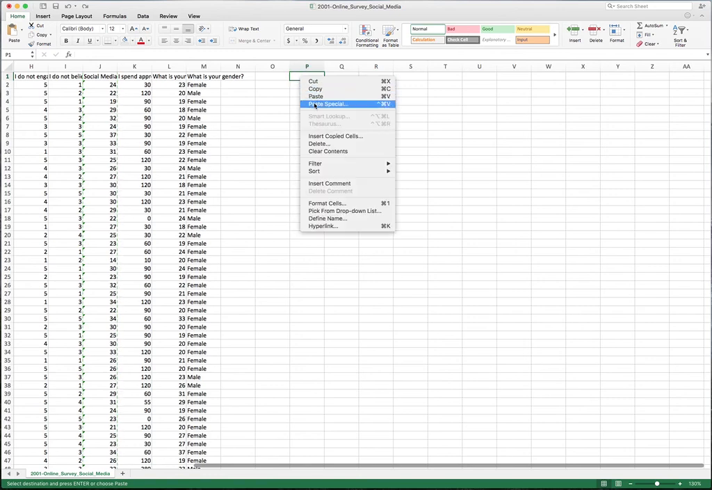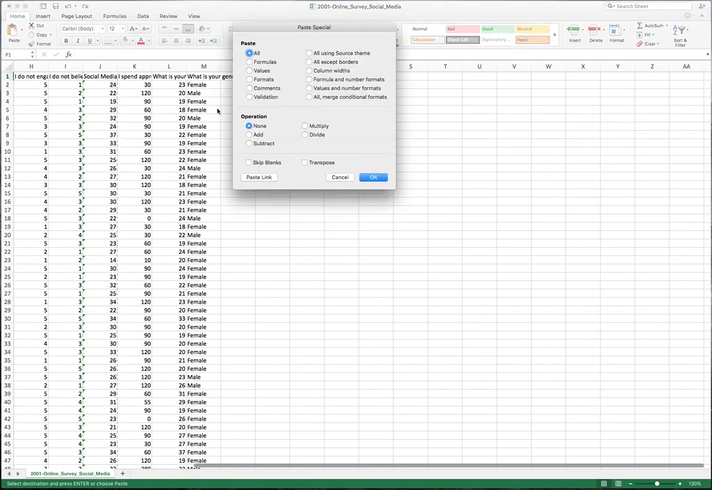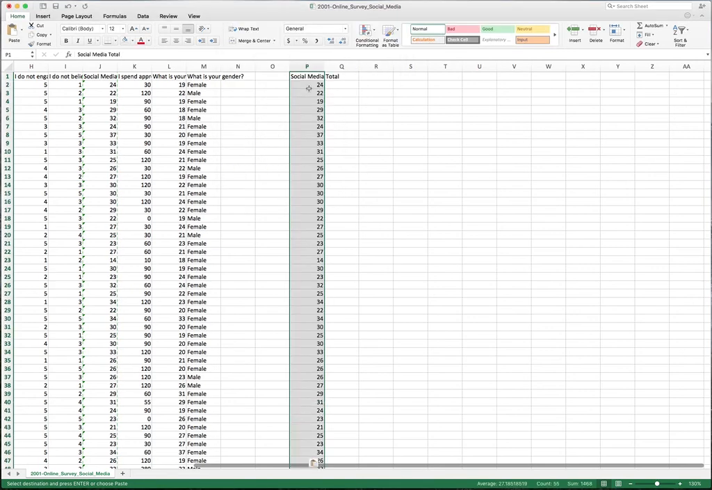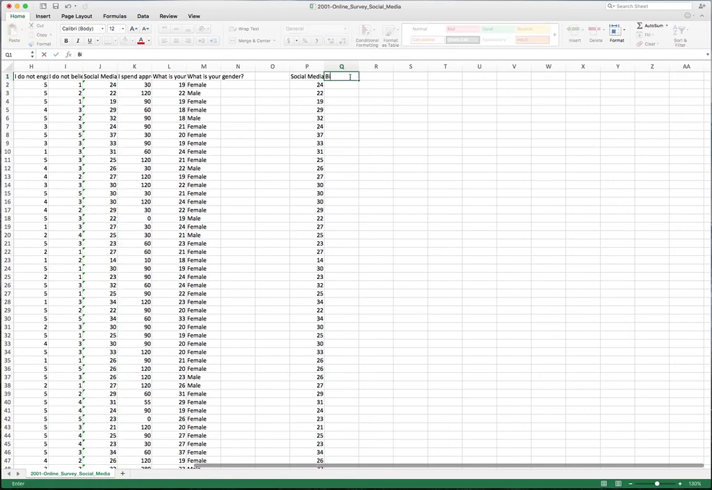I'm going to paste these, but make sure that you do paste special and then values, just in case you have a formula within here. Otherwise, Excel is going to translate that formula in relation to the new position in the sheet, and your values will end up changing. So I have our social media total column here, and then I'm going to create bins